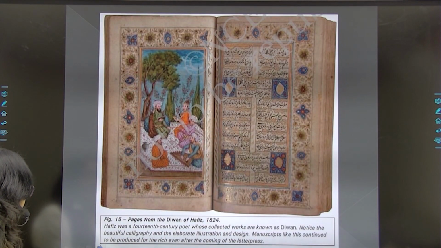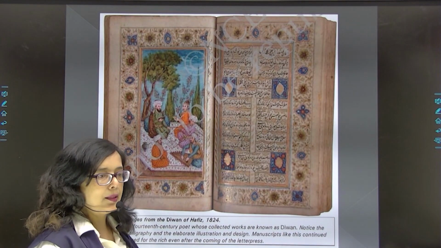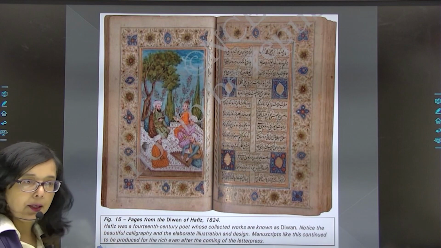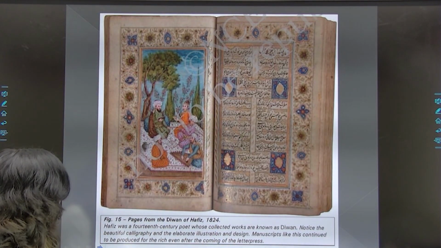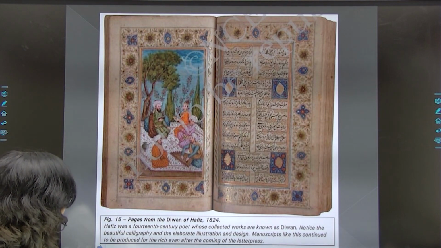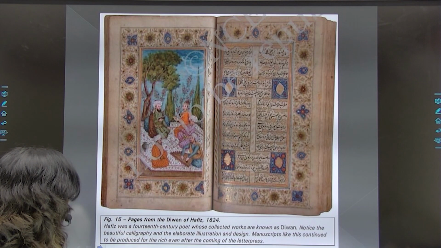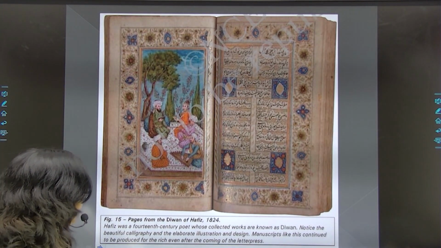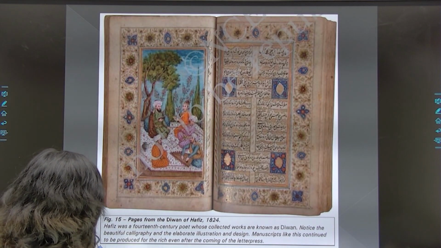you can see these are some pieces of information given in the source, and some extra materials within the NCERT book. You should read the NCERT book thoroughly also. So here you will see this is a page from a book known as Diwan. This book was a collection of poems written by Hafiz. Fine. Then